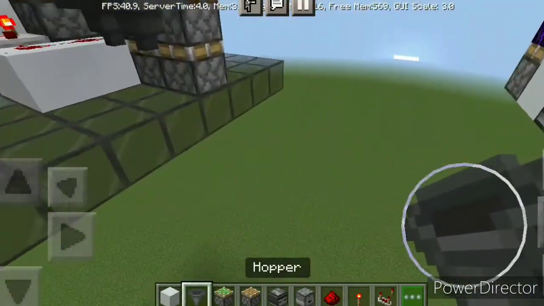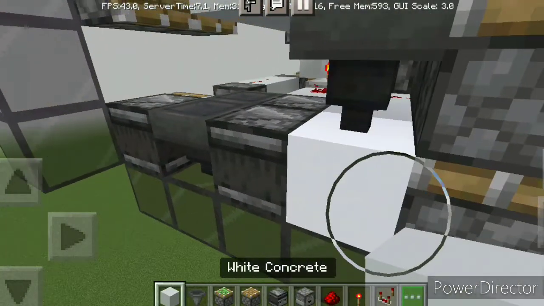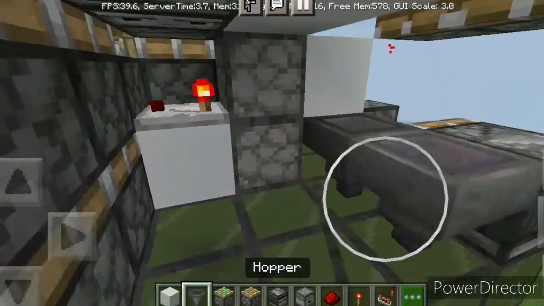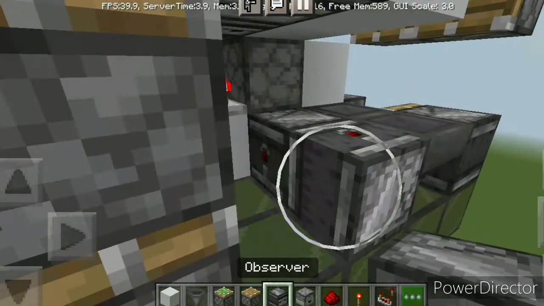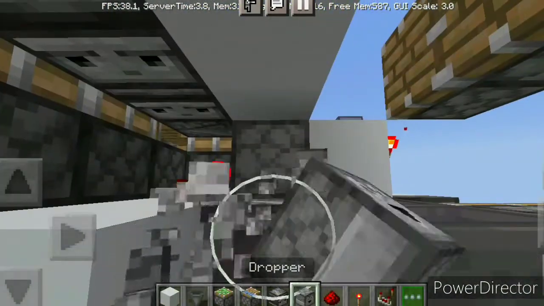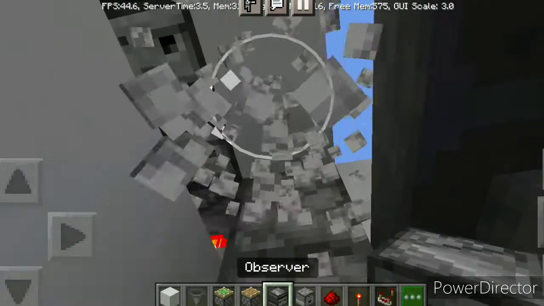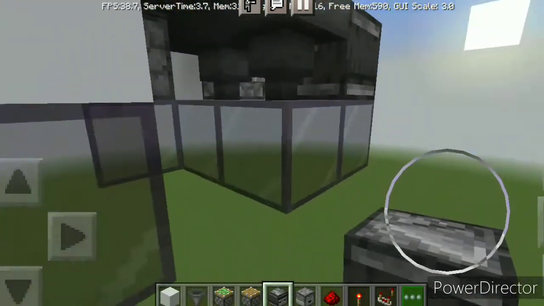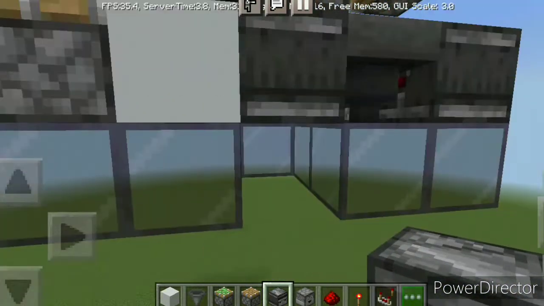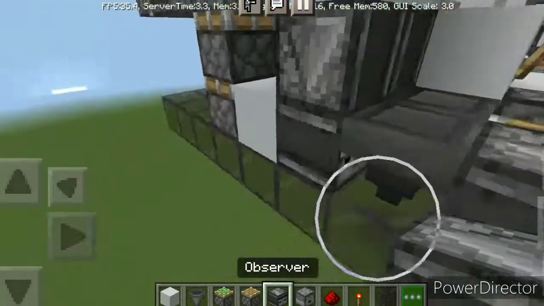Alright, so let's continue. I'm going to place 2 hoppers here, 2 absorbers like that, and 2 blocks like that. Do the same thing on the other side. So 2 hoppers, 2 absorbers like this, and 2 blocks like that. Then okay, this is the tricky part. We need to place 2, not droppers, but absorbers like this. So yeah, you basically destroy the 2 absorbers there to place it a little bit more easily. Then replace everything,